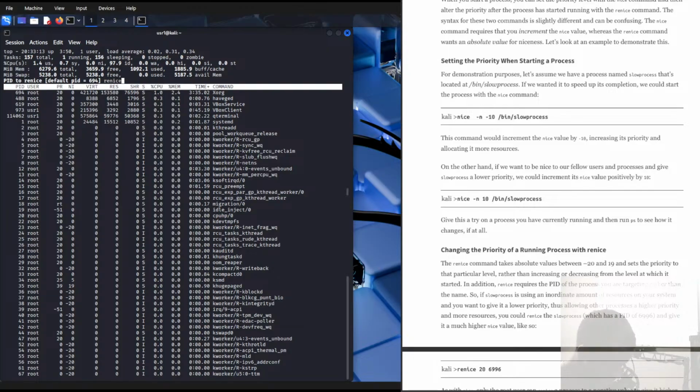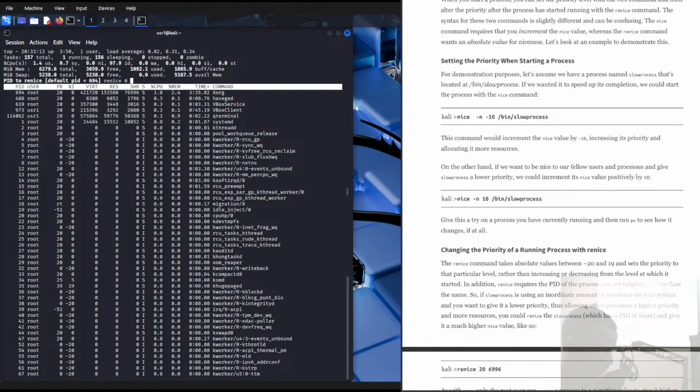Press R. Hold up, sorry. R key and then PID number, renice PID number, no value. I get the following. Okay, so renice. Is it just the PID number? Well, renice to 0, and then the PID number is